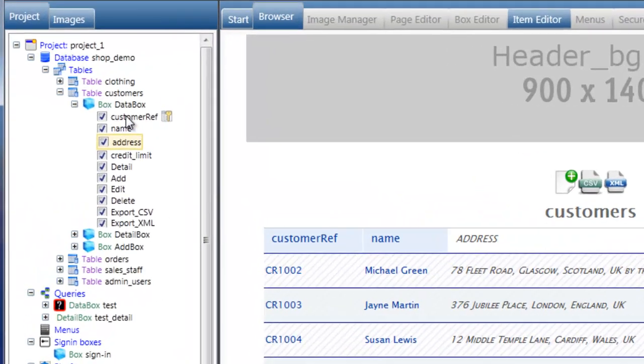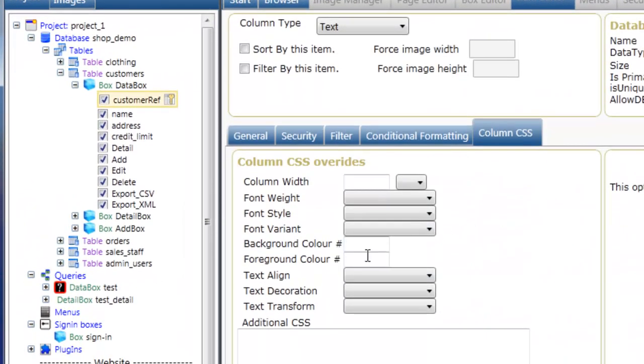If we now change the customer reference column, we'll change the foreground color to a dark blue, something along the lines of 001339, which is hex for dark blue. This actually is a hex color, it's preceded with a hash,